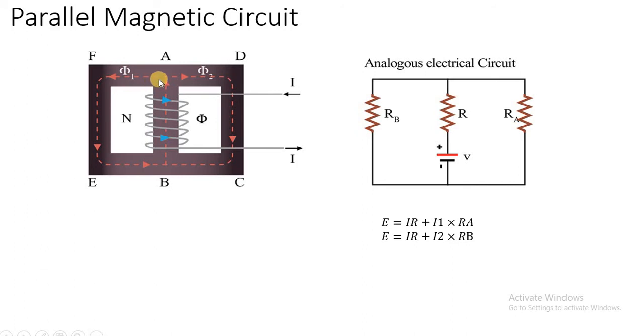Okay. Now phi 1 is a part of phi, maybe 50% or may not be 50%. Okay, it depends. Suppose here, the way here we have taken Ra and Rb. Okay. So here phi 1 magnitude depends on the reluctance of the path A, F, E, B, because flux phi 1 is flowing from point A to point F to point E to point B. Okay, are you getting it, everyone?